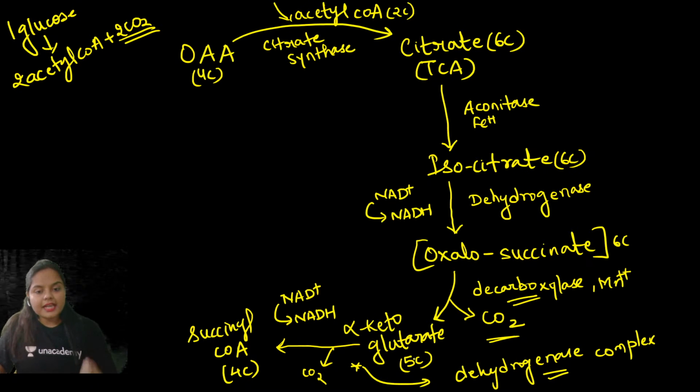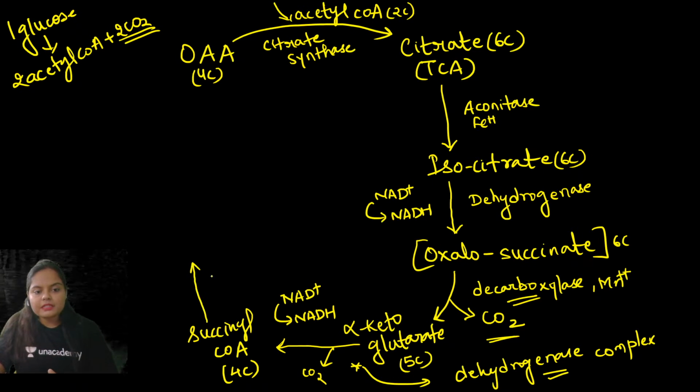Okay. Now this alpha ketoglutarate, in the presence of enzyme dehydrogenase complex, which also requires magnesium ion, lipoic acid, thiamine pyrophosphate, NAD as electron hydrogen carrier, and coenzyme A. All these components are needed for this enzyme complex, and it gets converted into a 4-carbon intermediate, which is succinyl coenzyme A. Okay. Now what happens? This succinyl coenzyme A, that means the bond between the succinyl group and the coenzyme A, this